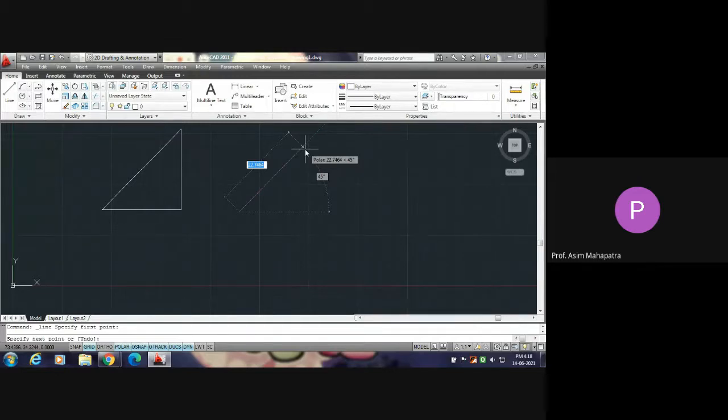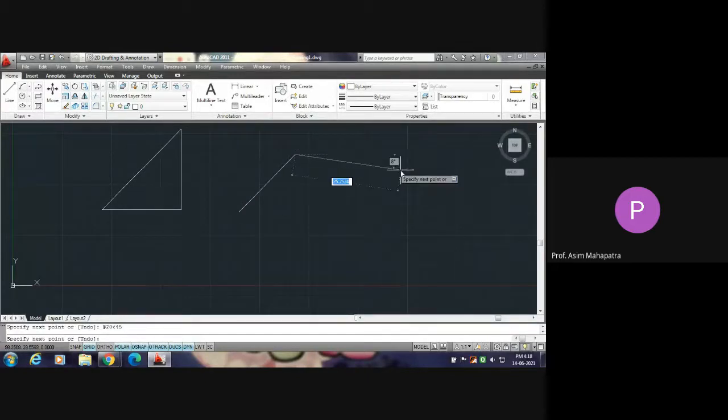So now I will draw a line having length 20 unit inclined to x-axis at an angle of say 45 degree. So my input will be 20 less than 45, then enter.